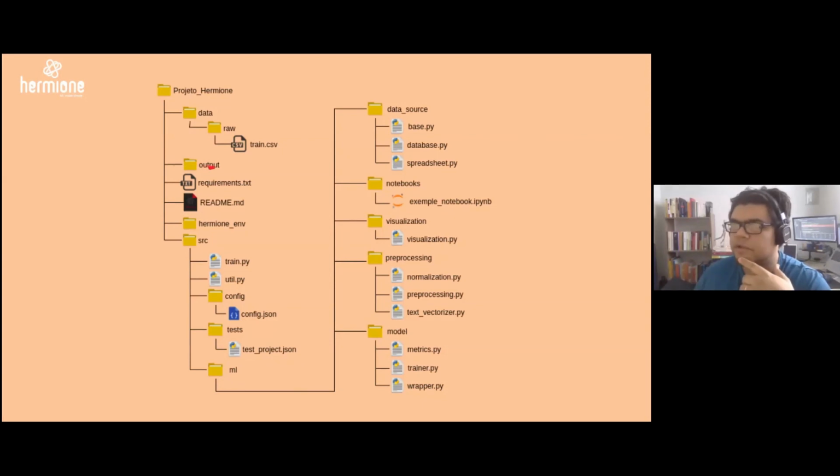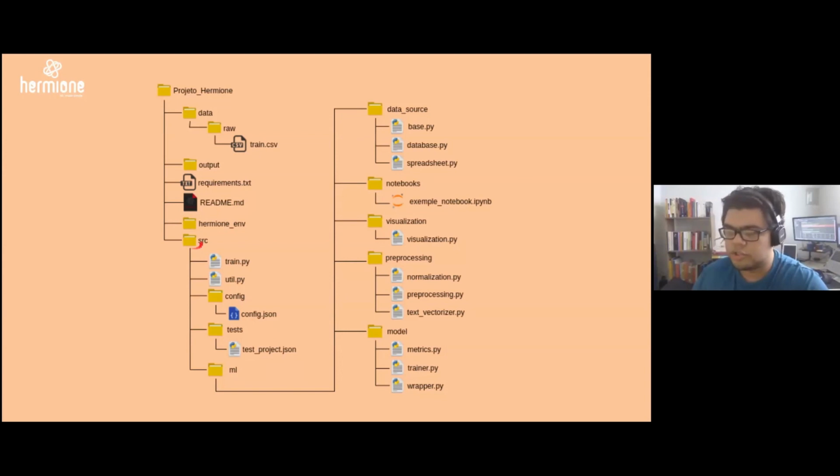You have a folder for outputs, so models, figures, plots, those kinds of things you can put here in the output directory. You have the requirements for the project, a README for the project, and the conda env for the project. Hermione already builds that automatically for you.